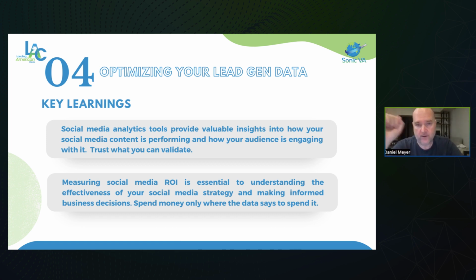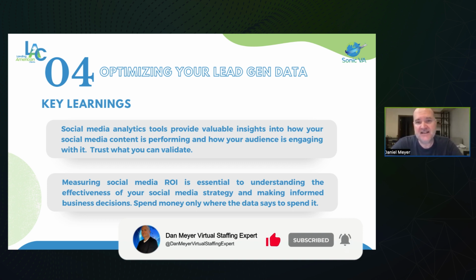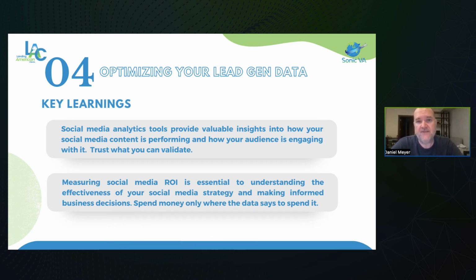So we feel like we're at a point in Sonic VA where the analytics and the ROI are telling us to hire a couple lead generation VAs, train them, and then turn them loose and see if they can generate leads. And if they do, how do they do it? We'll track that. The data will tell us the best way to keep using your time, right? So if we find out that LinkedIn's just not giving us any return on our investment after a month of you managing it every day, we'll repurpose your time and do something else. Or maybe we'll change what we're doing on LinkedIn because what we're doing wasn't working. So we have this data to help us make these decisions.